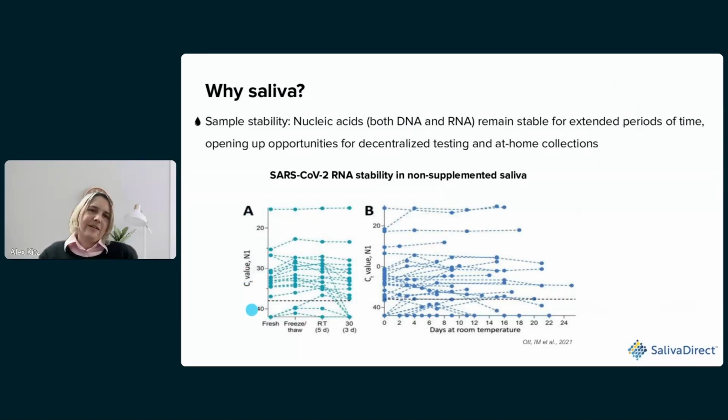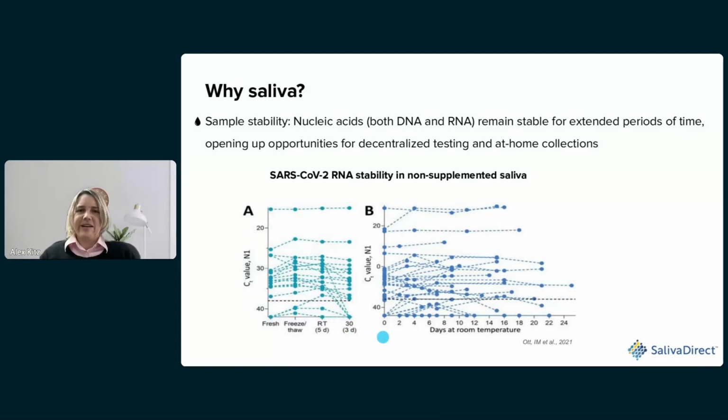So on the y-axis, we have the CT value for COVID, and on the left-hand side, different conditions like fresh saliva, frozen and thawed saliva, stored at room temperature for 5 days, and stored at 30 degrees for 3 days. And you can see that each line represents a sample that was aliquoted and stored at the different temperatures and time frames. Overall, for most of the samples, the CT value remains stable across the different